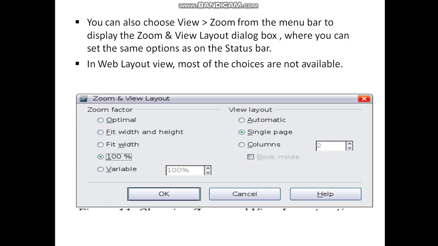You can also choose View, Zoom from the menu bar to display the Zoom and View Layout dialog box, where you can set the same options as on the status bar. In a web layout view, most of the choices are not available. Different types of zoom and view layout options are available: Fit width and height, Fit width, 100%, Variable, like Automatic, Single page, Columns and